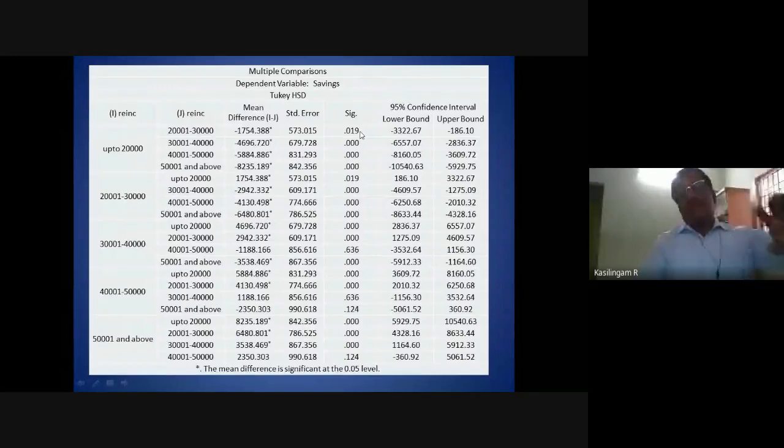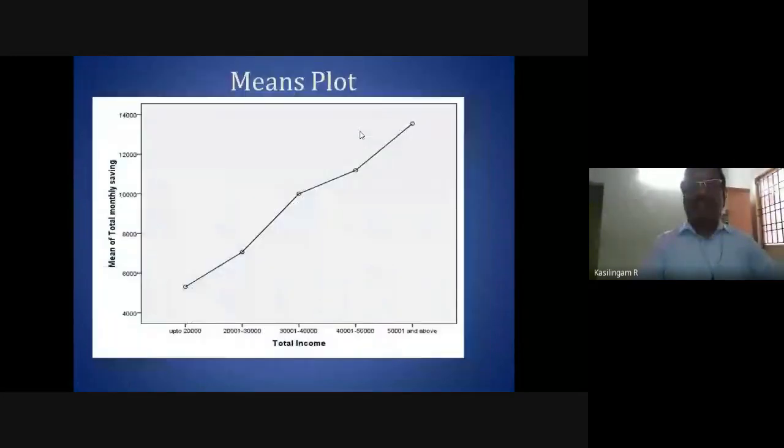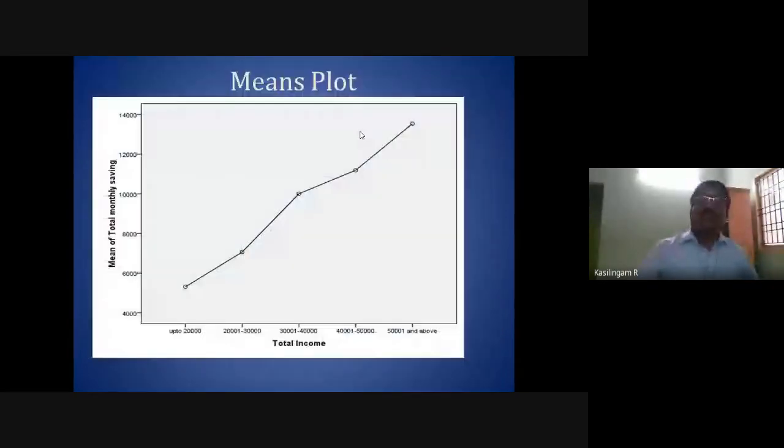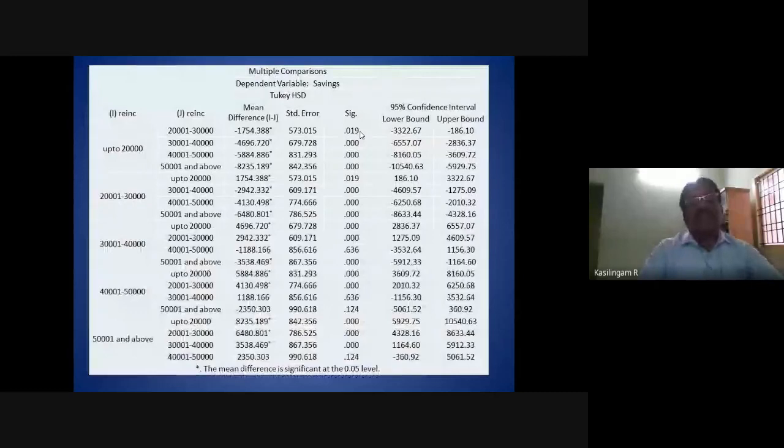Now in the Duncan we stated that these two groups 10,000 and 11,000 they are in the same group. So we stated that there is no difference. But now let us see in a Tukey little more clear. Now let us take 30,000 to 40,000. It is comparing with 40,000 to 50,000.